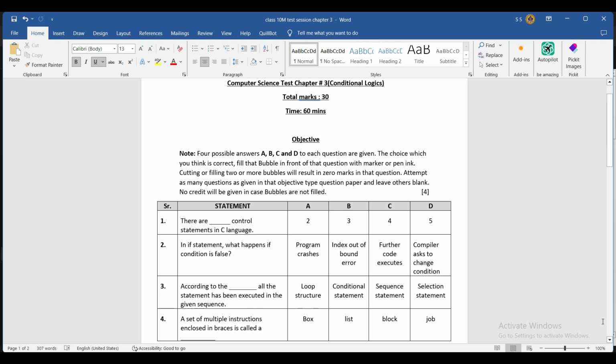And you know that we have started a test series. इसमें हम chapter wise बात कर रहे हैं different important questions के बारे में, और total हमारा test होता है 30 marks का। 60 मिनट है आपके पास इस टेस्ट को सॉल्व करने के लिए। और जिस चैप्टर के बारे में आज हम बात करेंगे वो चैप्टर 3 है, विच इज कंडीशनल लॉजिक्स,